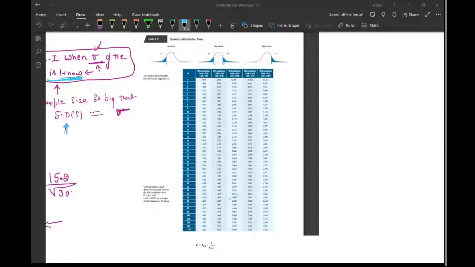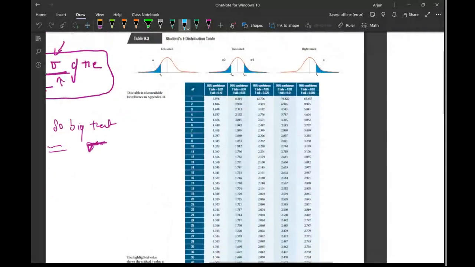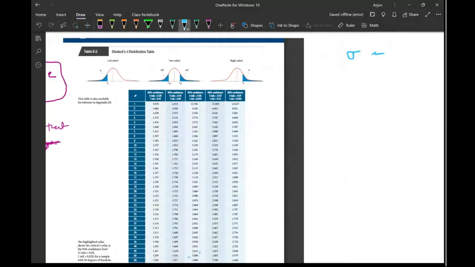In today's class, I'll talk about the t-distribution. Now, recalling a little bit about the confidence interval, what we learned in the previous video was if the standard deviation of the population is given to you, then you're going to first calculate the margin of error, and you can calculate the margin of error by using the z distribution, and the formula to calculate the margin of error was